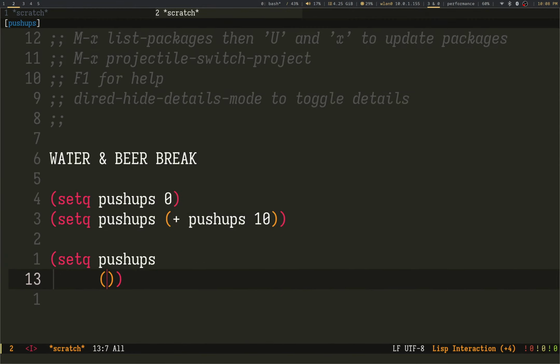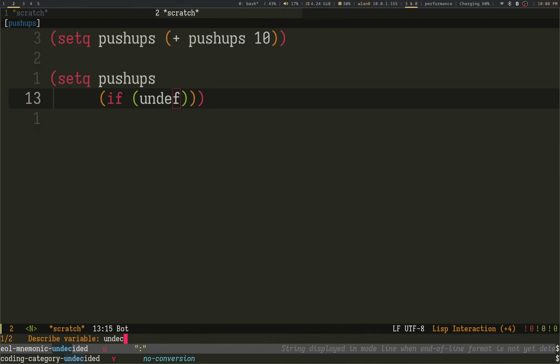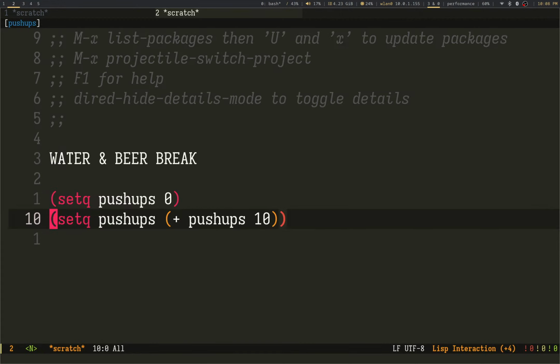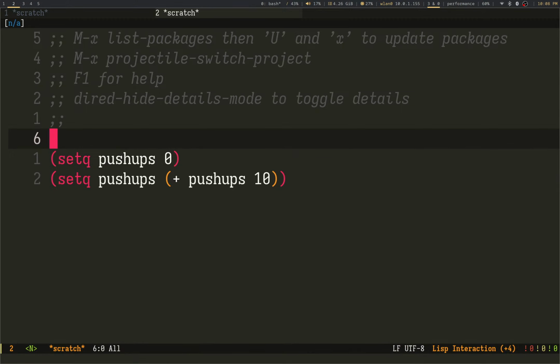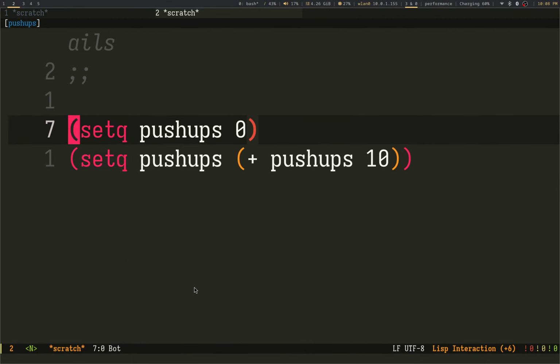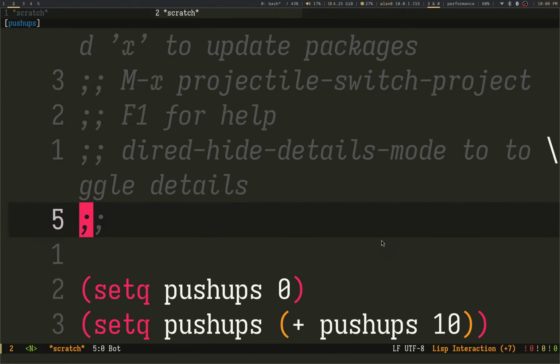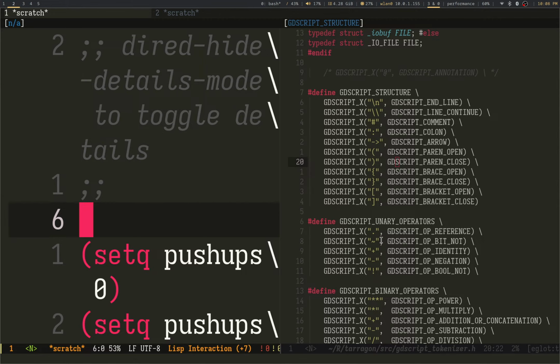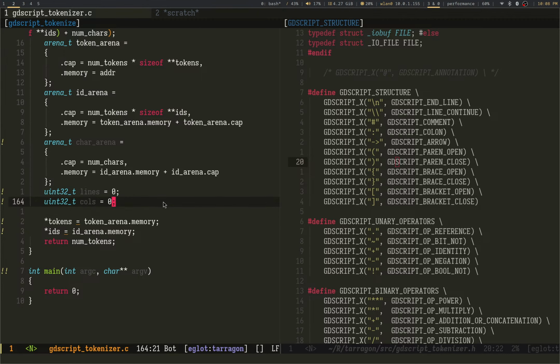We'll write this even better. Whatever, this is fine. I'll write Lisp later. Oops, quit that. All right, great.